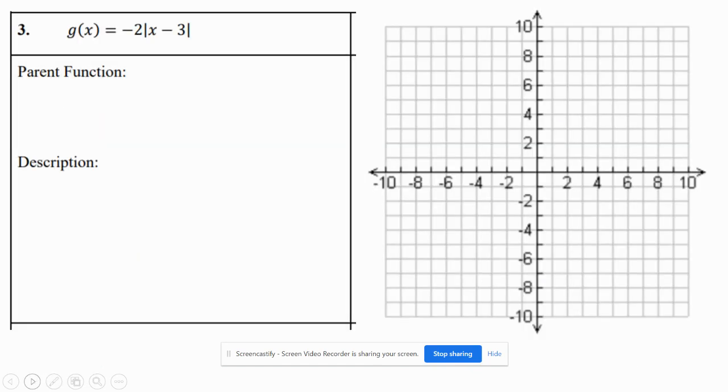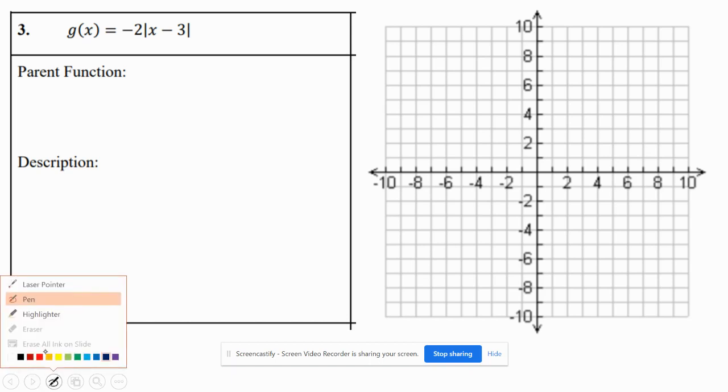Okay. The next one we're looking at, we're starting to look at transformations. So we're given the function g of x is equal to -2 absolute value of x minus 3. Notice a g of x here. So this stuff right here